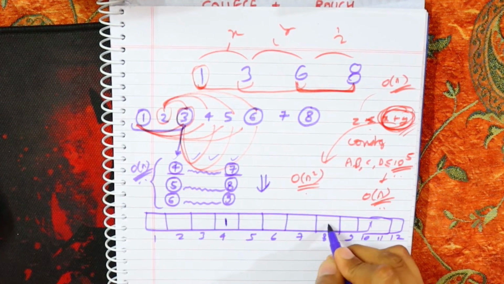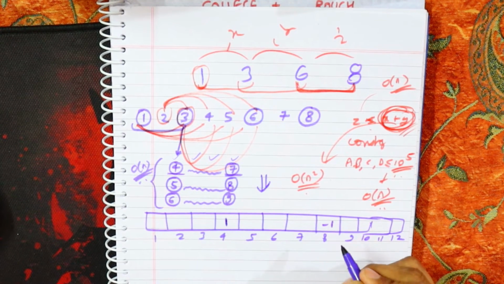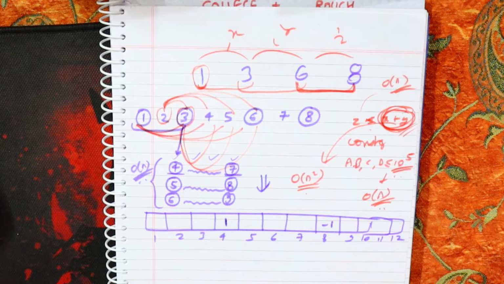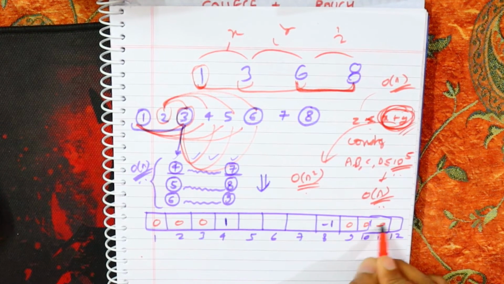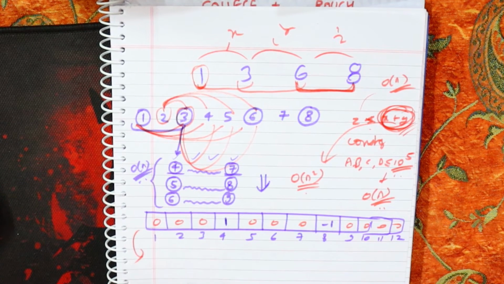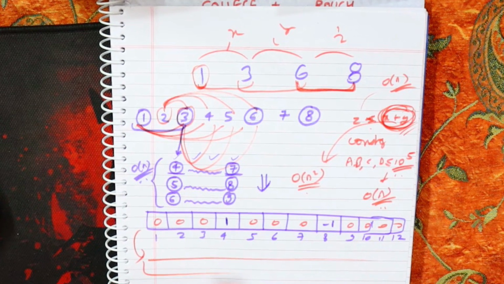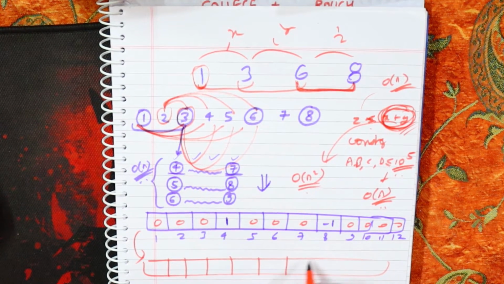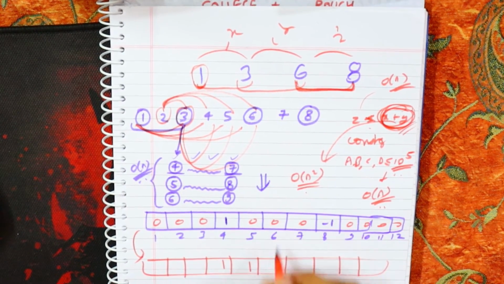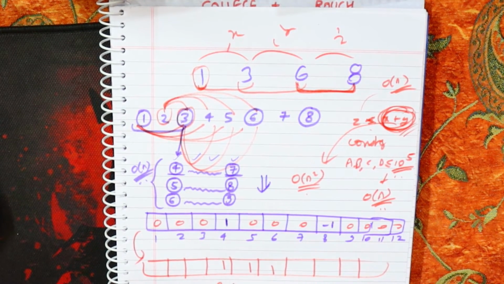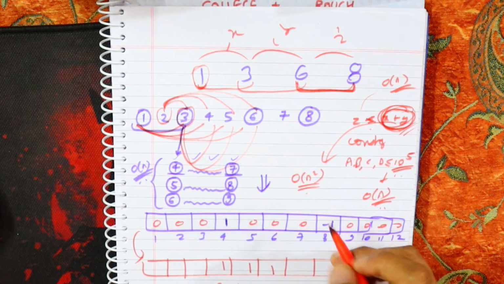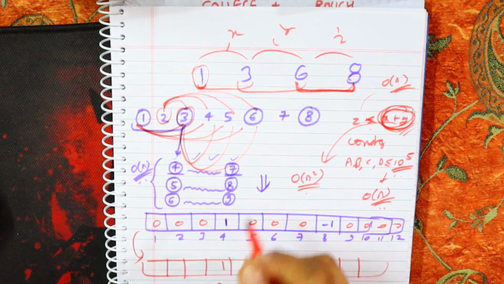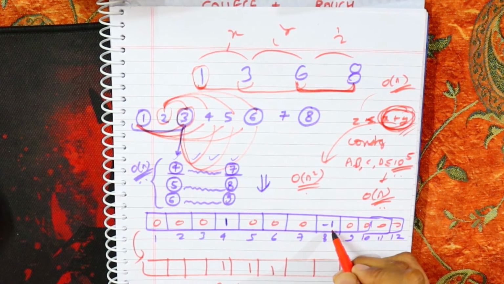So I will update plus 1, and 8 with minus 1, so that in future when I do my prefix sum, you can see it will be all zeros, 0 0 0 0 0 0 0. So when I do my prefix sum, what I will obtain is 1 1 1. What I'm doing here is the prefix sums. I just updated my index L and my index R plus 1: index L incremented by 1, and index R plus 1 with minus 1.